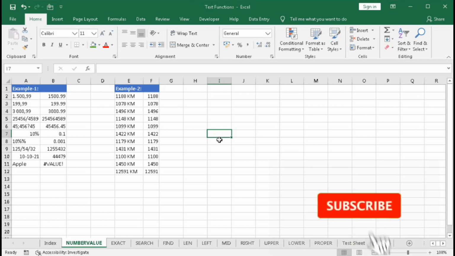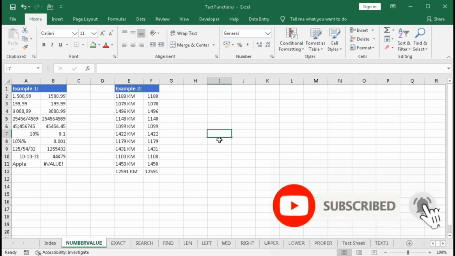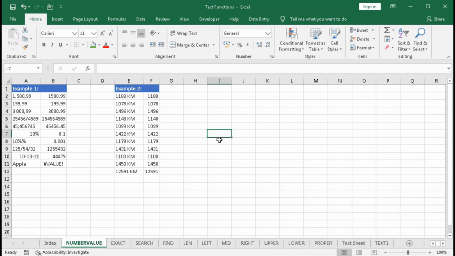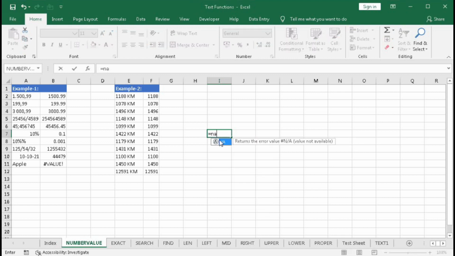So in this tutorial, we will learn about NUMBERVALUE. So what is NUMBERVALUE and how to use it? We will learn each and everything one by one with real life examples. So type here equal to NUMBERVALUE